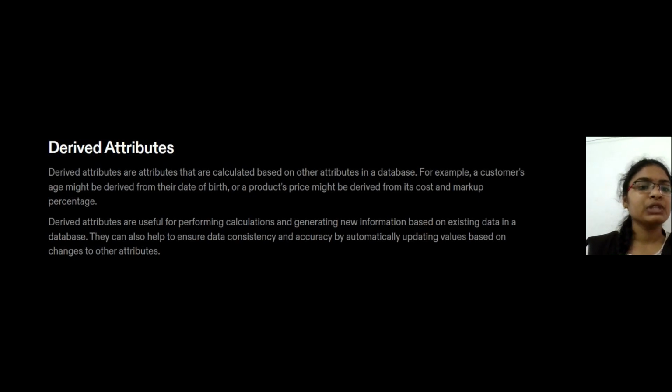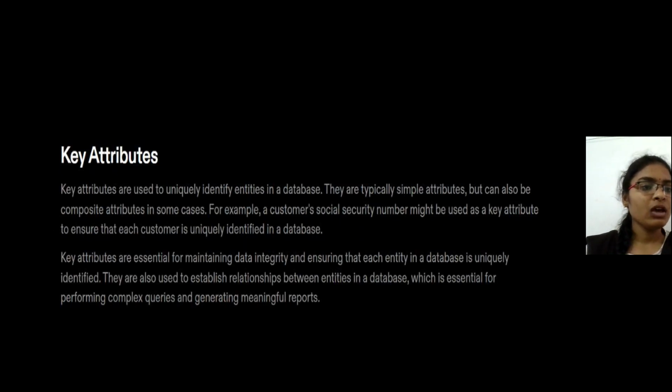And finally, coming to key attributes. Key attributes are used